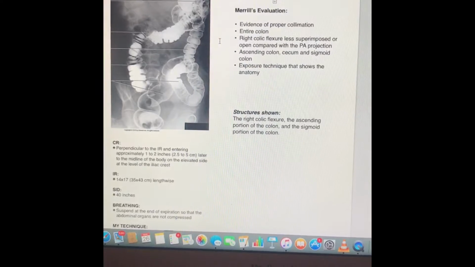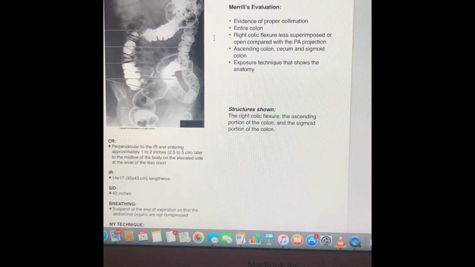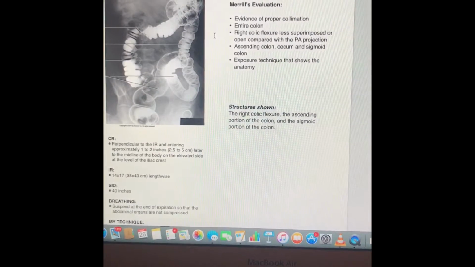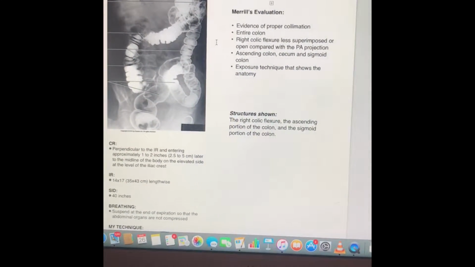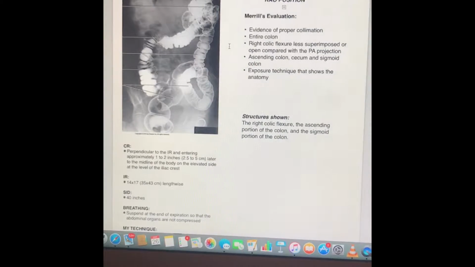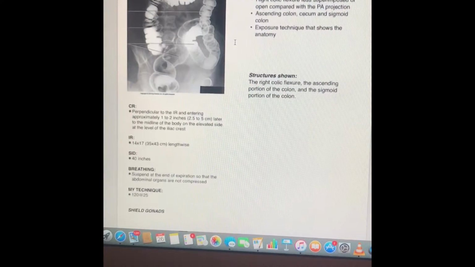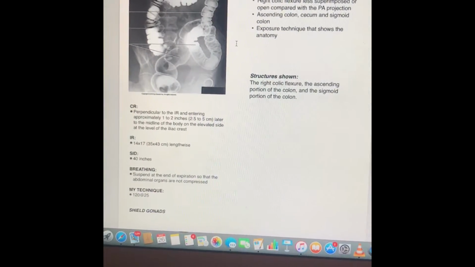IR was 14 by 17 inches lengthwise, SID 40 inches, and my breathing technique was suspend at the end of expiration so that the abdominal organs are not compressed, and my technique was 120 at 25, and I shielded